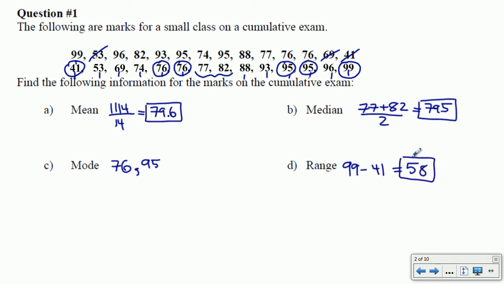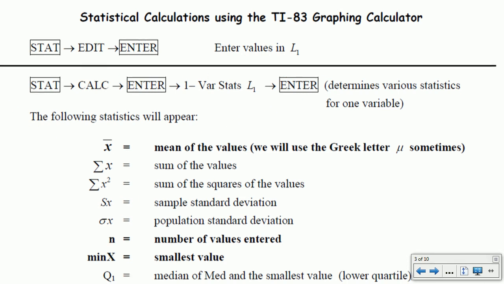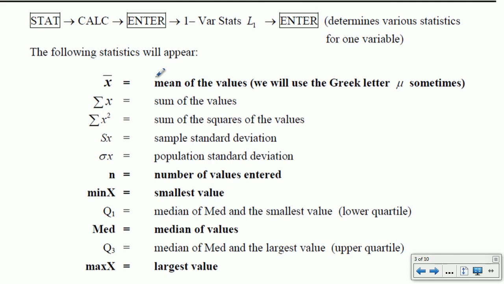So we can do that all manually, which is great, but let's see if our calculator can save us some time here. We can enter data in this way by going stat, edit, enter, and we can get it to return statistics by going stat, calc, enter, and so on. And that's going to give us a bunch of different data points. It's going to give us the mean, it's going to give us a standard deviation, it's going to give us